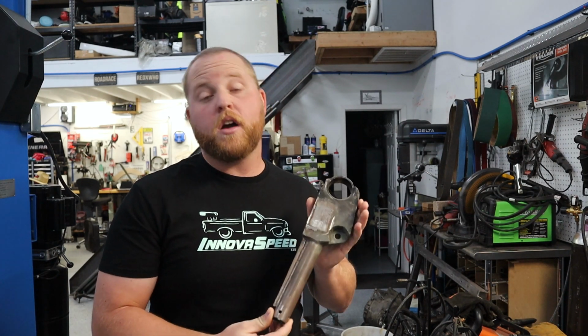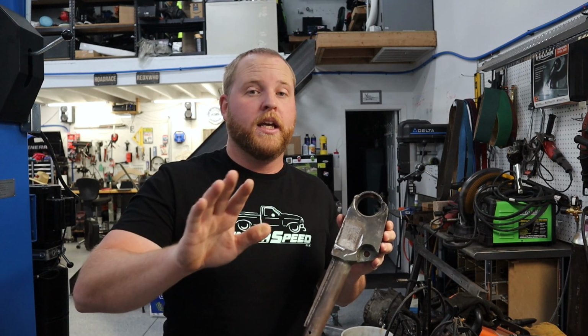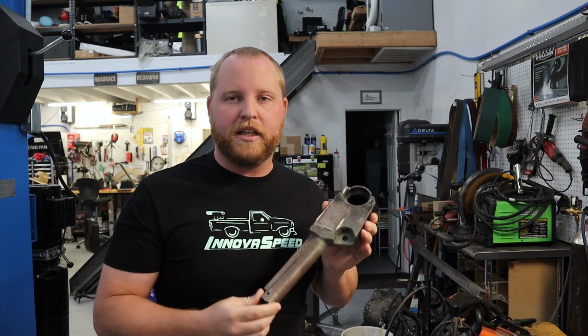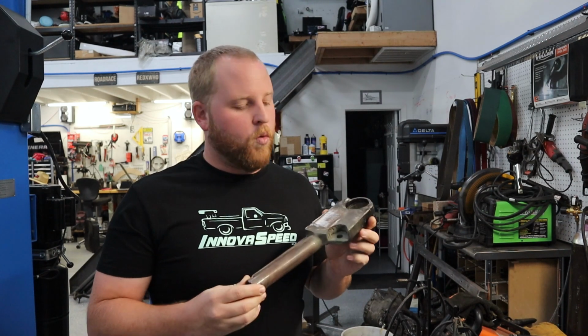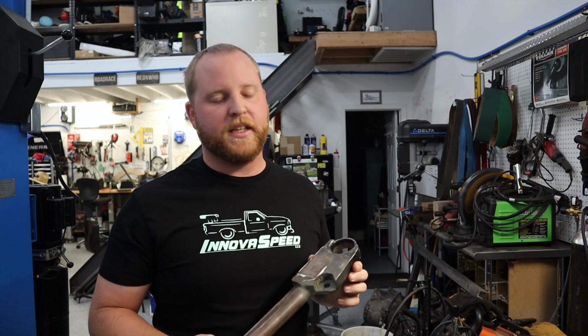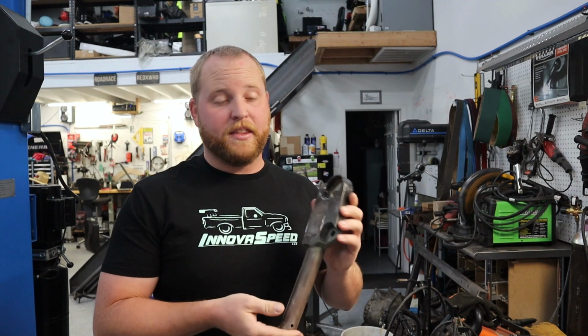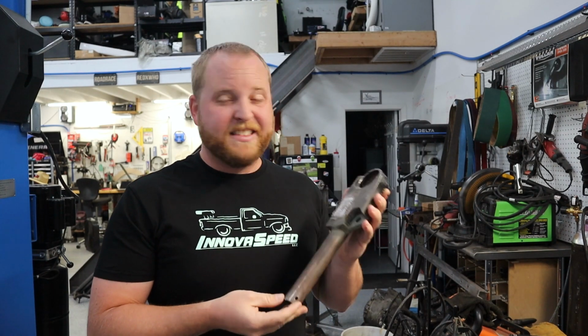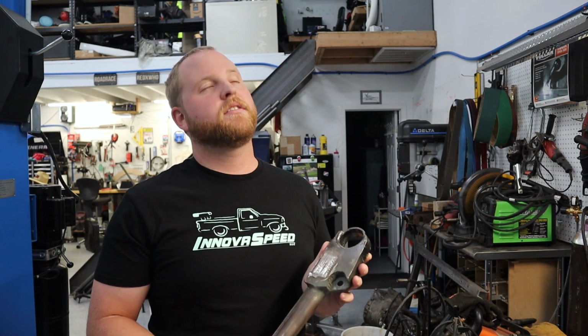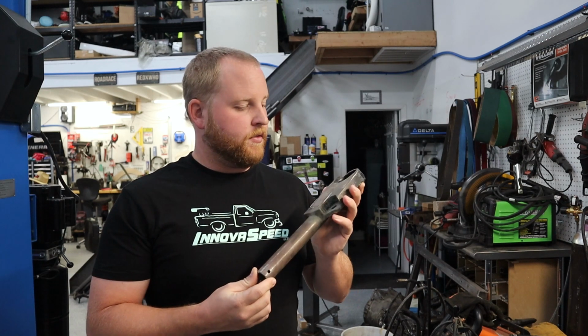I think this one's pretty strong, and there's certainly some strong ones out there. So don't think that I'm saying that this isn't strong. It can be, but it just didn't seem to quite meet the needs of what I was going for. And more importantly, I really wanted to simplify the suspension. These are actually kind of heavy. They are probably 70% of the weight of a true A-arm, and a true A-arm offers a ton of strength